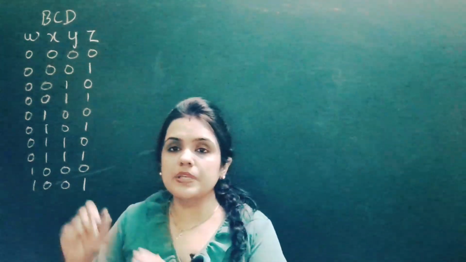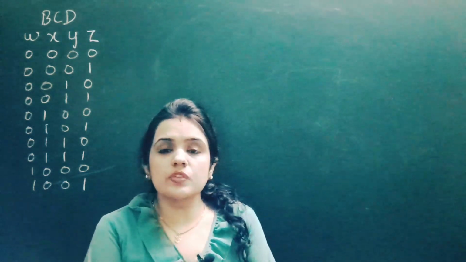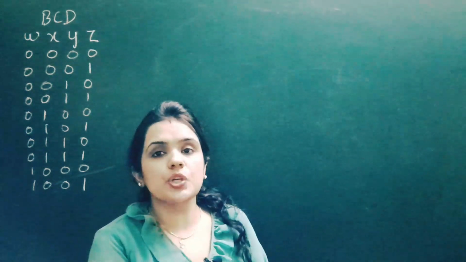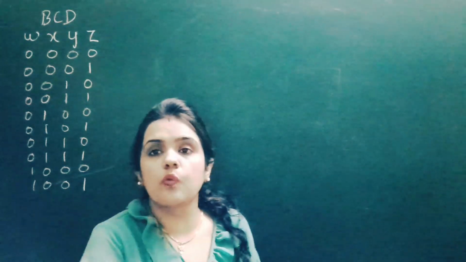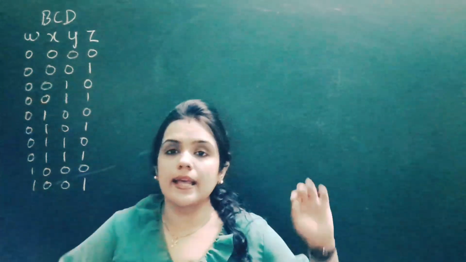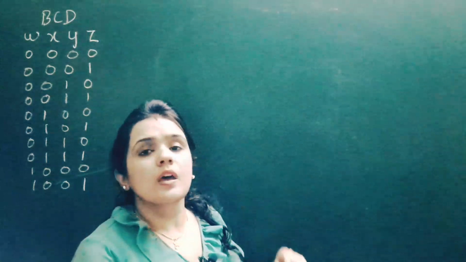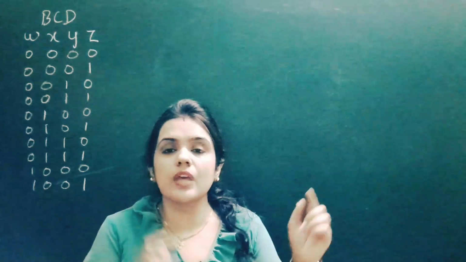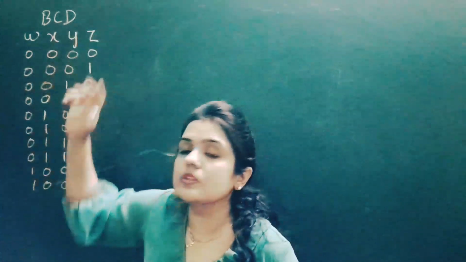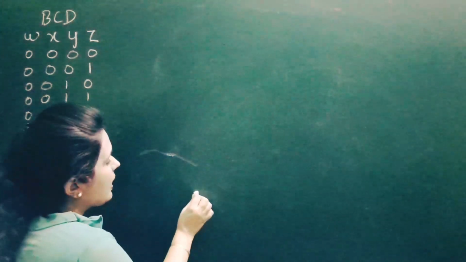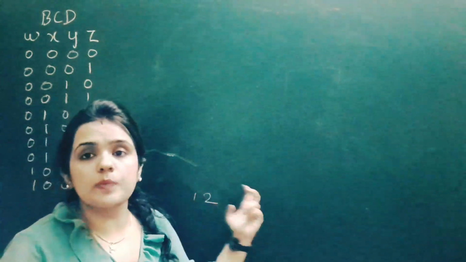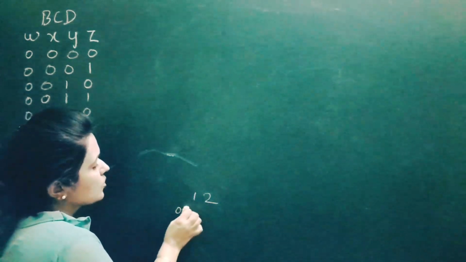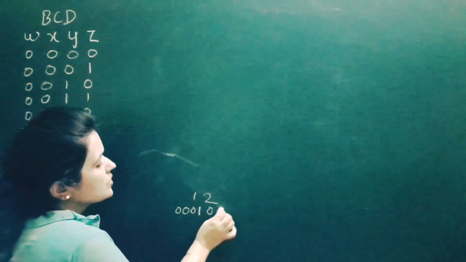Now we want to design BCD to decimal decoder. BCD, as we know, is the binary coded decimal. It is the 4-bit binary representation of decimal digits from 0 to 9. As we know, decimal digits are from 0 to 9. If we want to make a bigger number, then we have to combine the digits. Similarly, this is the case with BCD. If we want to represent 12 in BCD, there is no 4-bit representation of 12 in BCD. For that we have to represent 1 as 0001 and 2 as 0010.